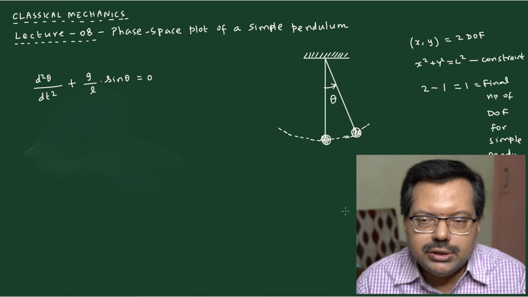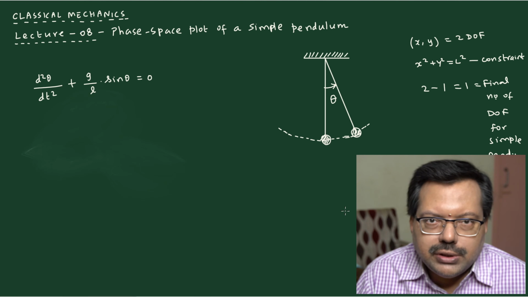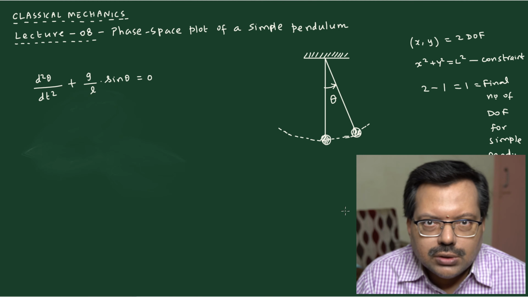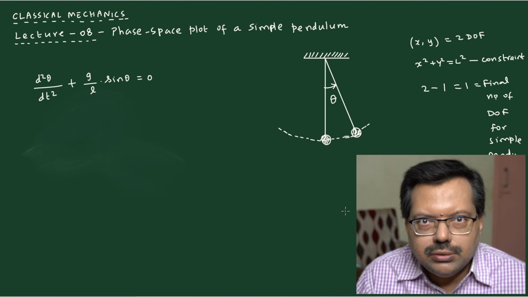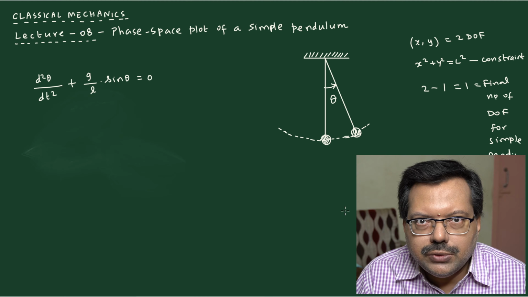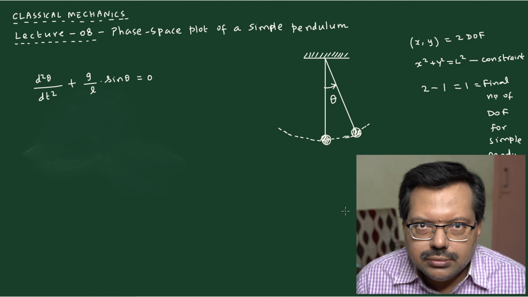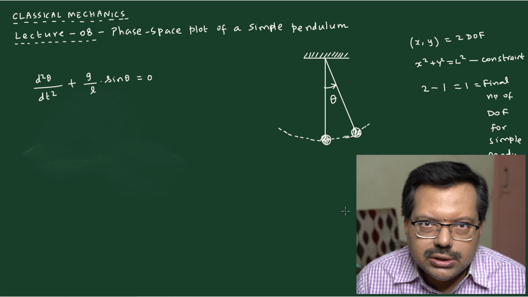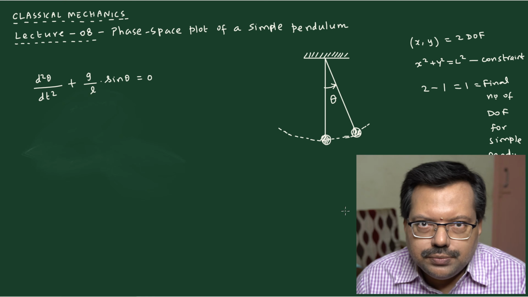So technically the definition says that it is the minimum number of coordinates required to specify the state of the system completely. The meaning of state is that if you know the variables corresponding to the physical system, then from those variables you must be able to extract all its dynamics. Okay, if it is so, then that is called a state. If some information is missing, then you cannot solve the problem. Okay, that is the meaning of completely specifying.